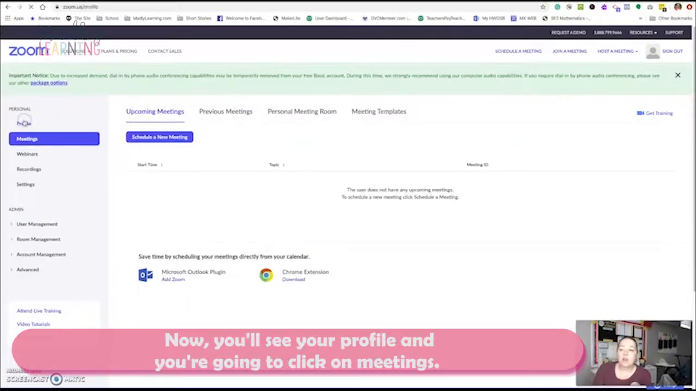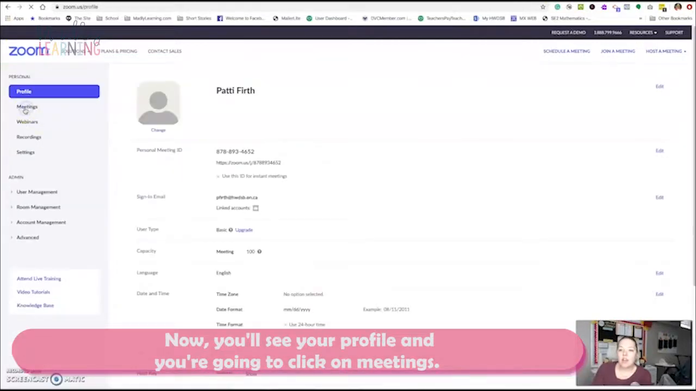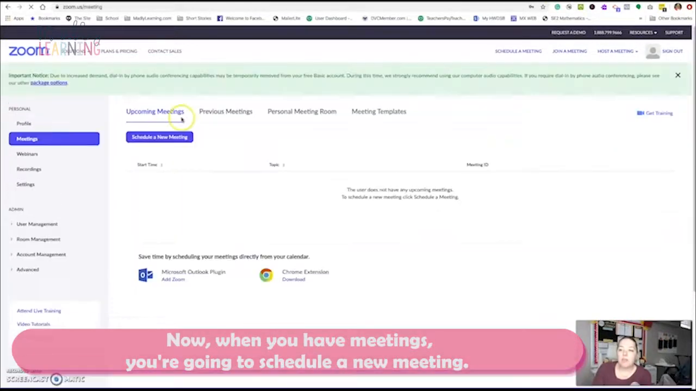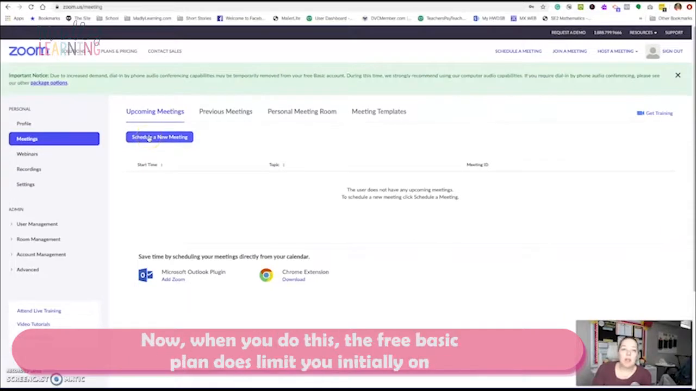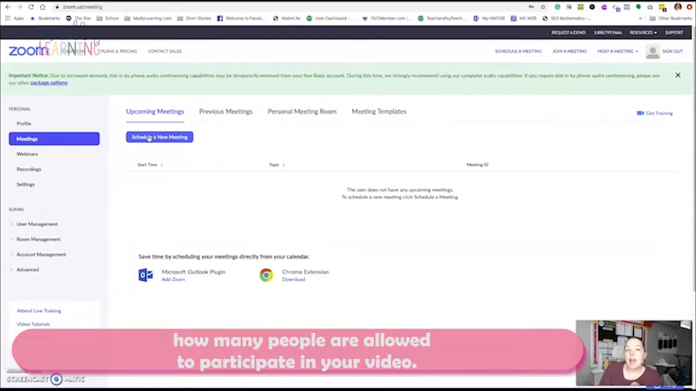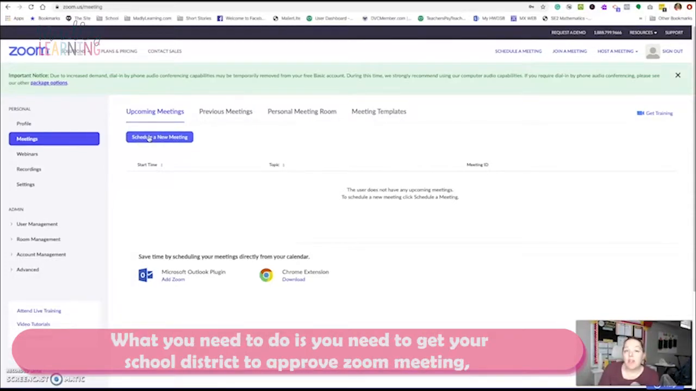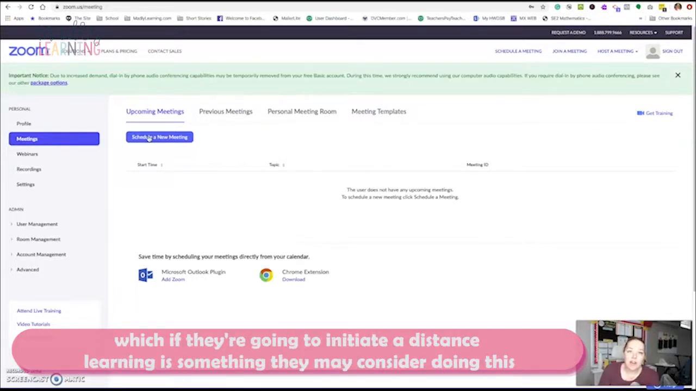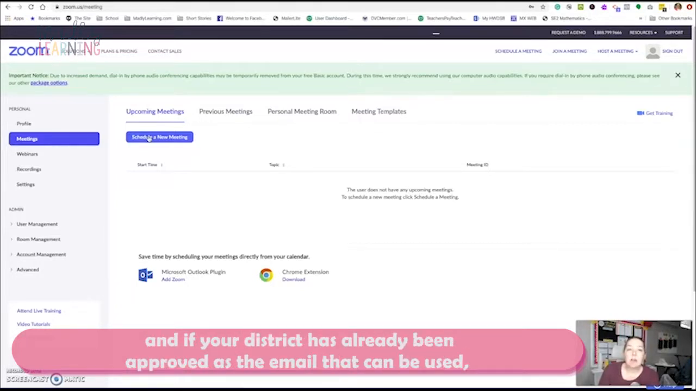Now, you'll see your profile and you're going to click on meetings. When you have meetings, you're going to schedule a new meeting. When you do this, the free basic plan does limit you initially on how many people are allowed to participate in your video. What you need to do is get your school district to approve Zoom meeting, which they may consider doing if they're going to initiate distance learning. And if your district has already been approved as the email that can be used, then you'll automatically get upgraded